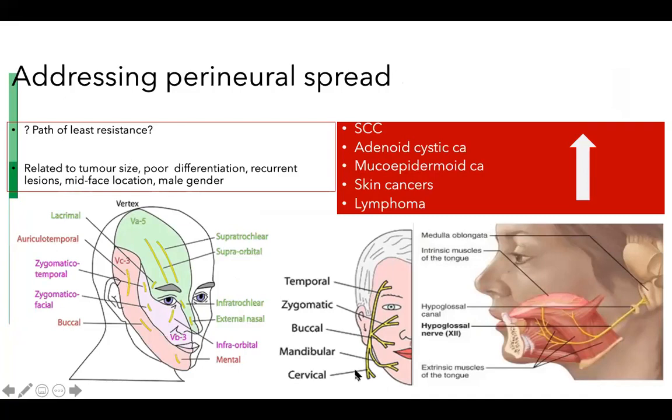The tumor cells can travel through the neural pathway or adjacent to the perineurium, and so we need to be aware, when we are talking about the mandible, of the mandibular branch, the maxillary branch, the various branches of these two cranial nerves and their pathway. One important point I'd like you to note here is the auriculotemporal nerve and how its distribution actually takes us superiorly.